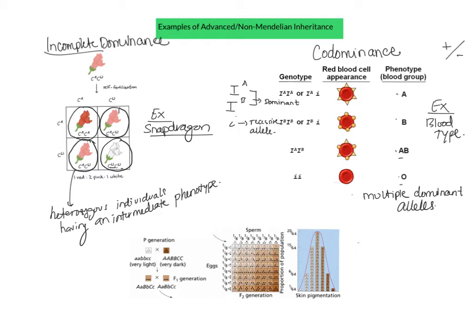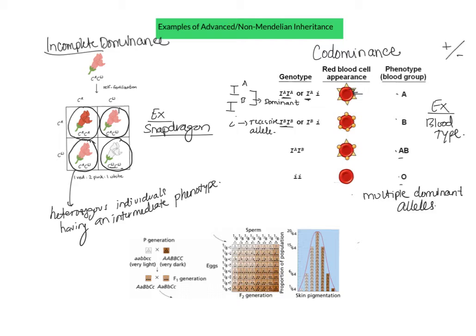So someone that has the allele A or IA, in either of these two forms, the red blood cells will have this A carbohydrate indicated by this yellow triangle on the surface,